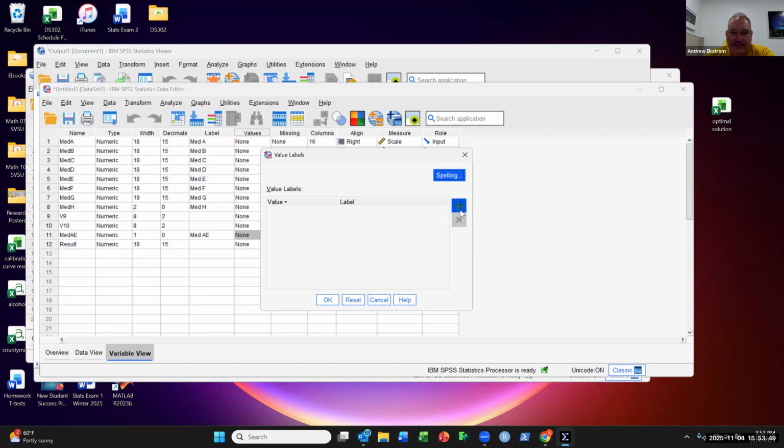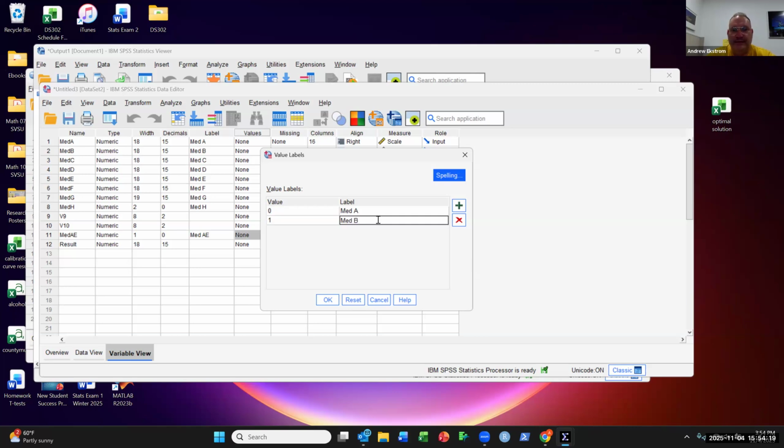There's the green cross with the white background. If I click on that, my numeric value is 0, and I'm going to call that med A, and leave it with a space in there. Not going to be a big deal. I'm going to click on that again and say that my value 1 is now